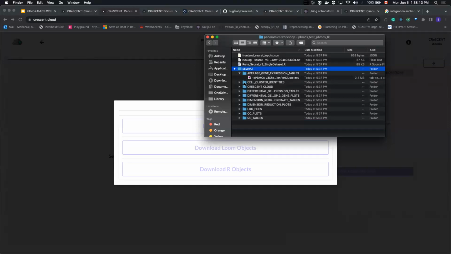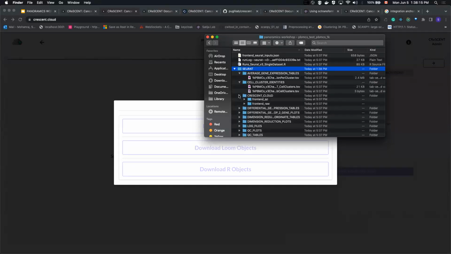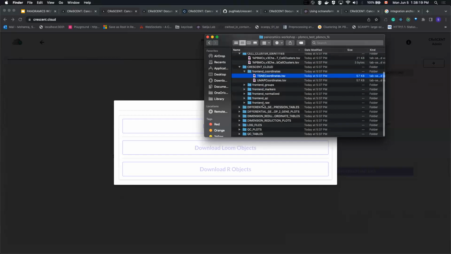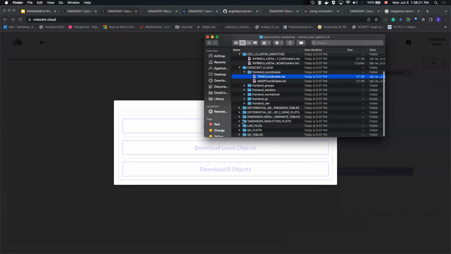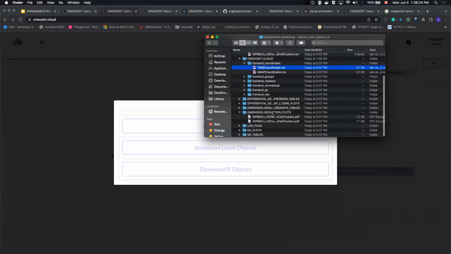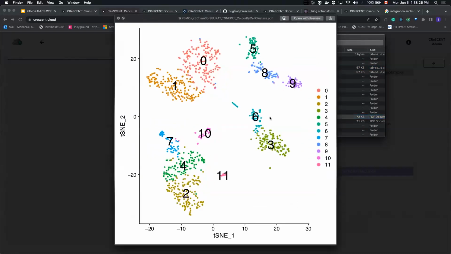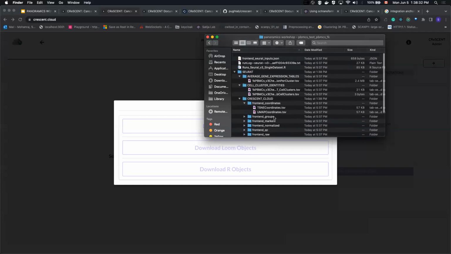Most of these are, for example, the actual TSVs of the data itself, but you can see there are all the publication plots. Usually if you want to do your own custom stuff, you would take the object and do it. But for the actual,